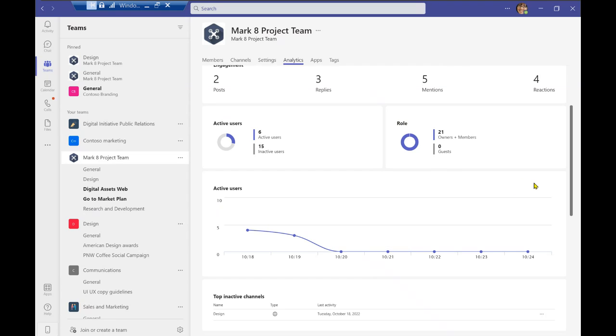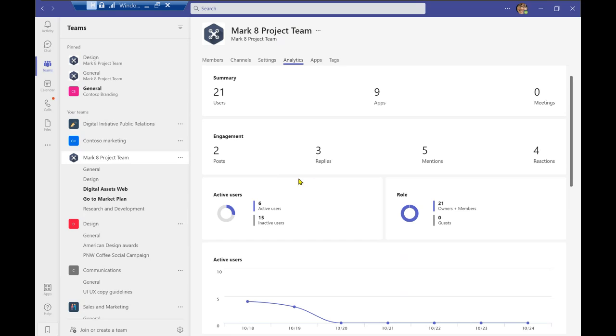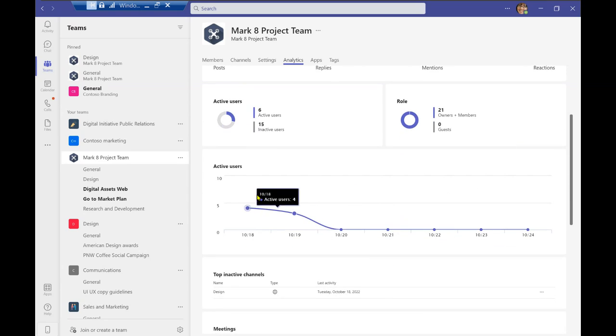More often than not, we do create tasks and projects that perhaps people are not as engaged with or are not working to the best of their ability. So you can use this analytics tab for your channels and your teams to track if people are engaged with that information. And in that sense, you can either create a different task or somehow upkeep the engagement in the teams and channels, using the analytics tab to guide your judgment. As you can see over here, you'll see how many posts are being engaged with, how many replies, if there's any app mentions, any reactions, and overall the time that it has seen in engagement as well.